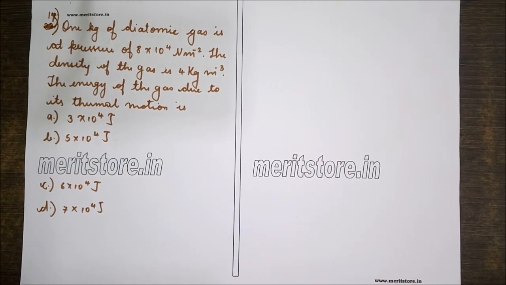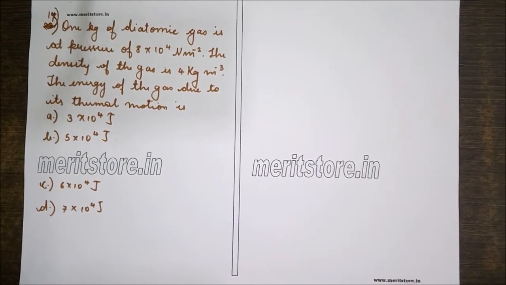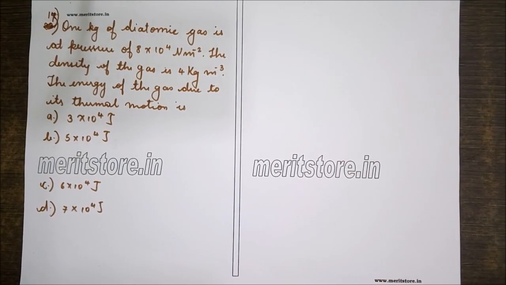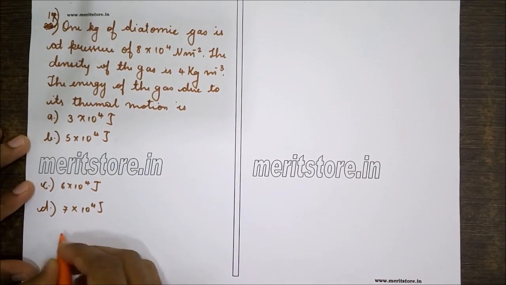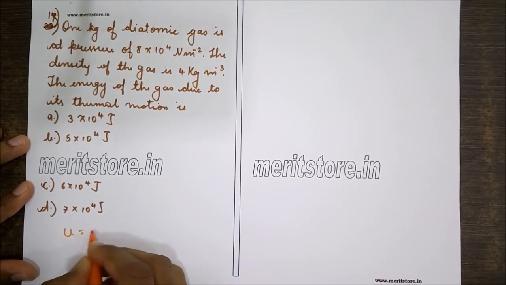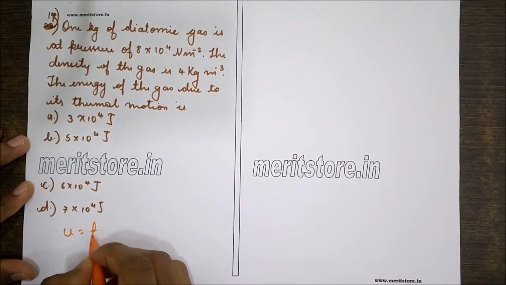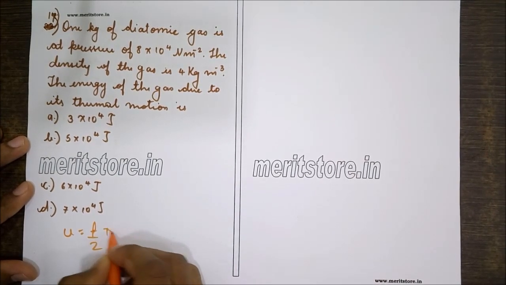1 kg of diatomic gas is at a pressure of 8 into 10 raised to 4 Newton per meter square. The density of the gas is 4 kg per meter cube. The internal energy of the gas due to its thermal motion is, the options given are 3 into 10 raised to 4 joules, 5 into 10 raised to 4 joules, 6 into 10 raised to 4 joules, and 7 into 10 raised to 4 joules. So now the formula for internal energy can be given as F upon 2 times N